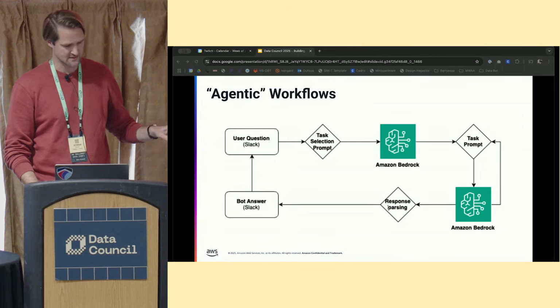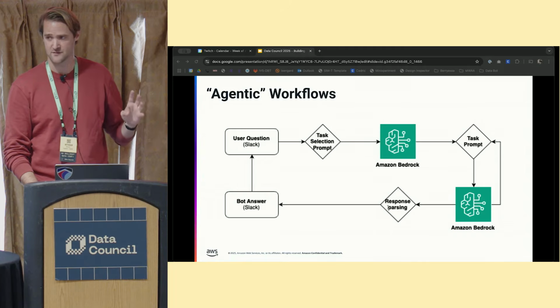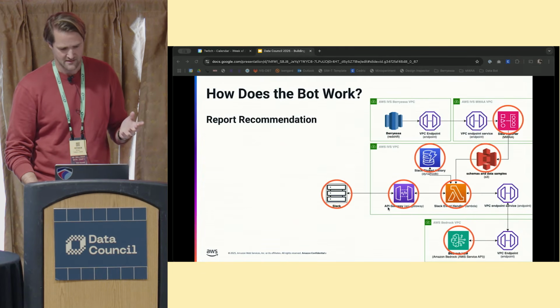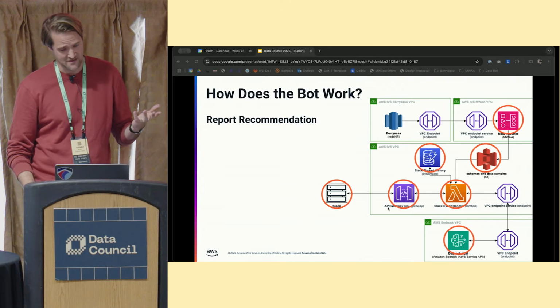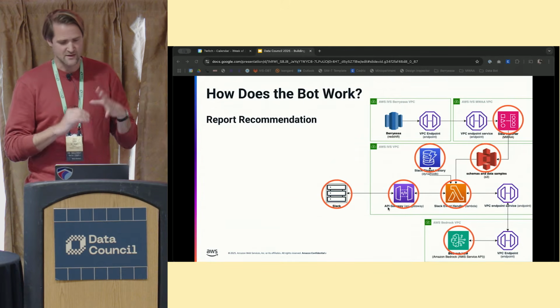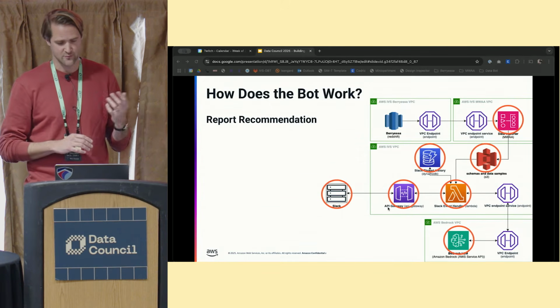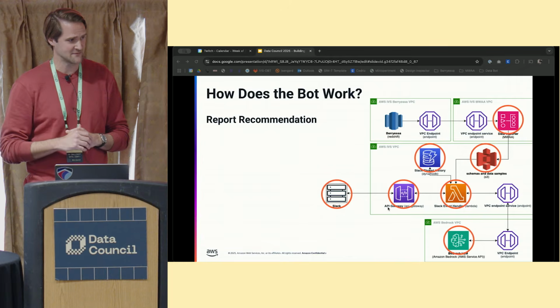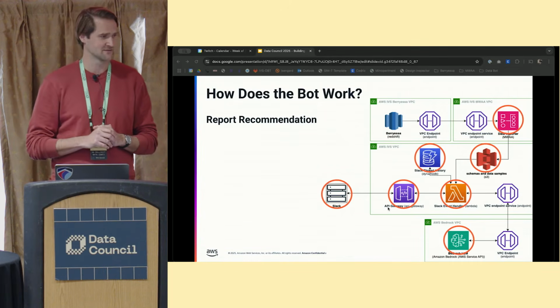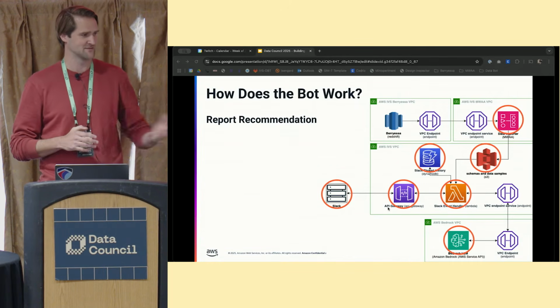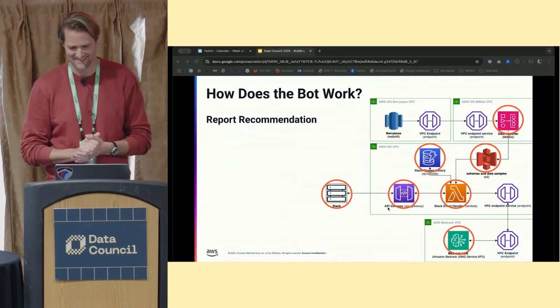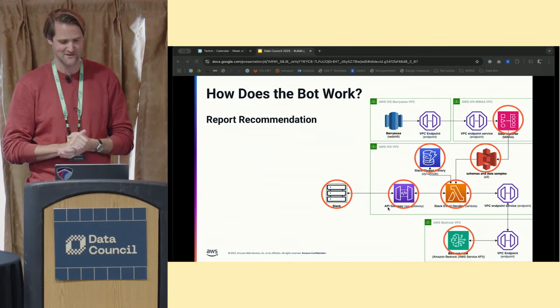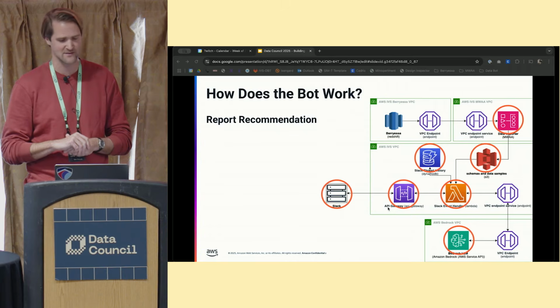So that's the generic setup. Let's look at the individual tasks now. First off, report recommendation. Somehow we need to let the model know where the trusted reports exist, what they contain, and what sort of questions they can answer. At first, this information was provided manually. So a data scientist on my team, Jingrong, who's here, did a bunch of manual work describing our most important dashboards to be included into the prompt.